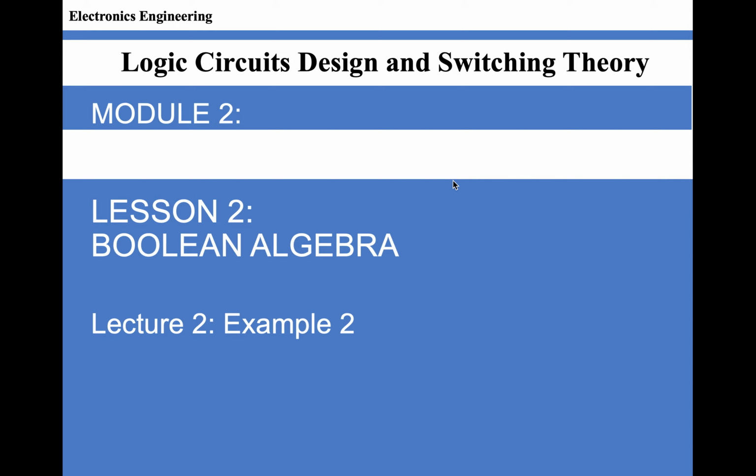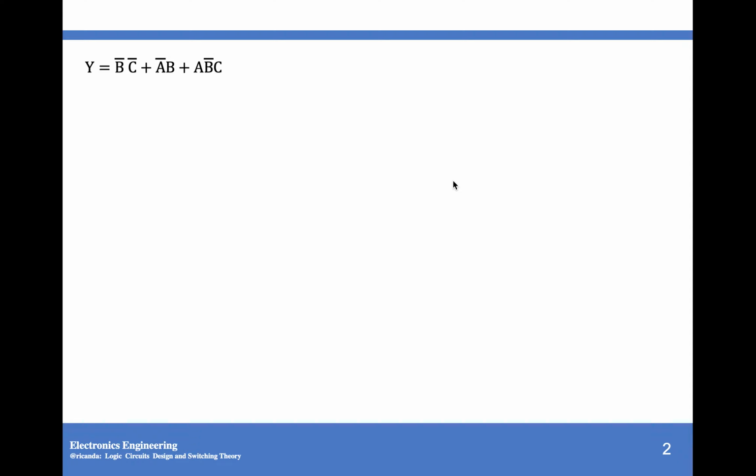For example, under lecture 2, if we have this expression, we have b bar c bar or e bar b or a b bar c. So we have to redraw this using all NAND. So if we have to use all NAND,